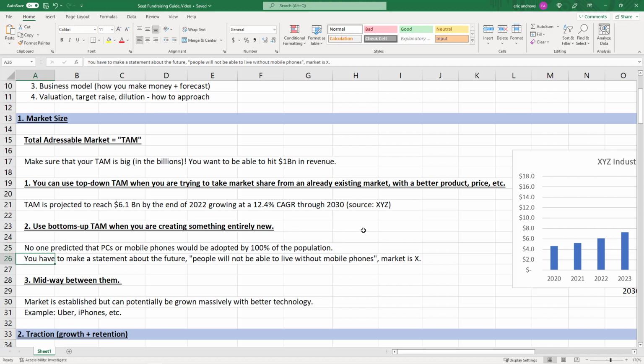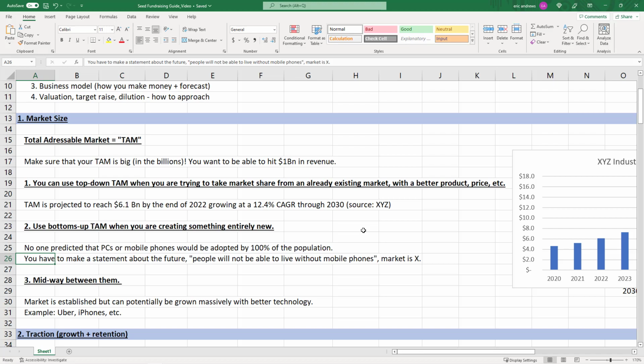So in the bottoms-up TAM calculation, you need to make a statement about the future. So people won't be able to live without mobile phones, or X group of people won't be able to live without this. My product costs X per year to use or buy, and so it's this many people times my product in the market is X. And so in those situations, you need to kind of walk through it based on those sets of assumptions,